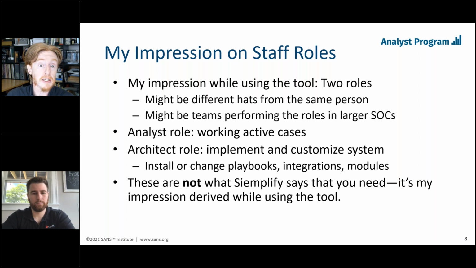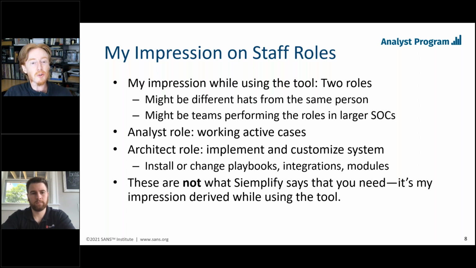You should already know what the architect is going to need to do, in my opinion. Right? If you approach procurement well, then this role makes sense already. The architect is going to select the things from within the tool, from within Simplify. The architect is going to say, here's all the stuff. Here are the integrations that we need. Here are the playbooks that we're going to deploy. Here are the environments that we're going to need to configure. And here are the specific plays and actions that we're going to put into those different environments. Here are the analysts who are authorized to operate in the given environments.